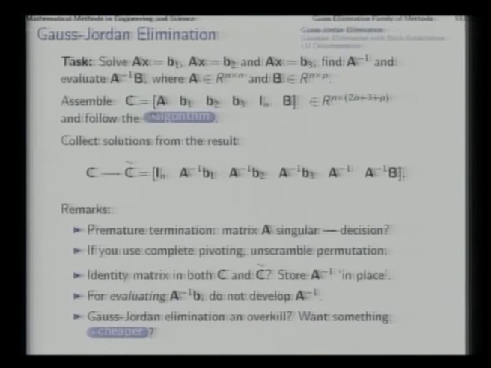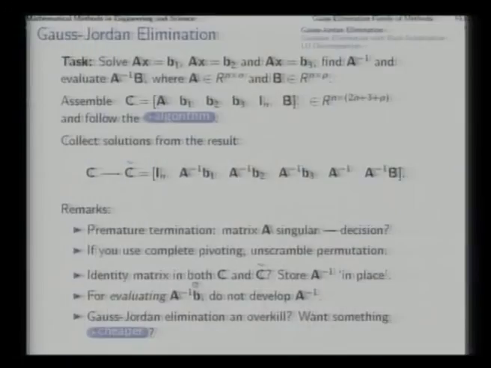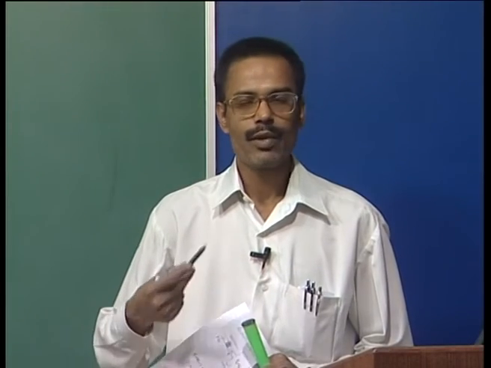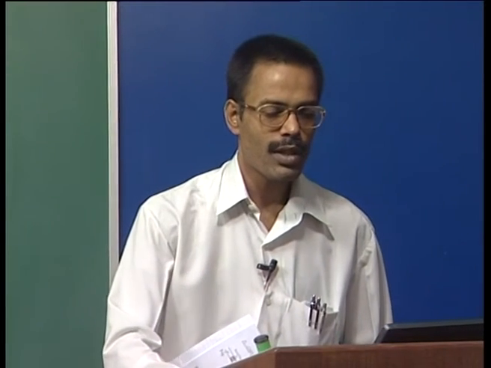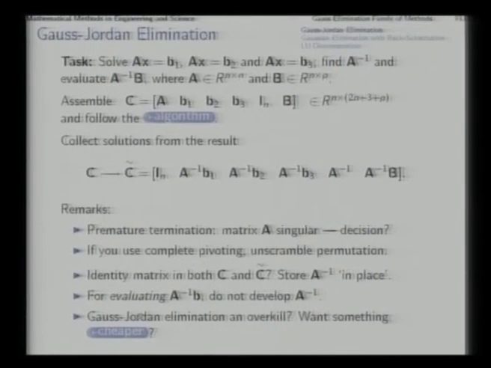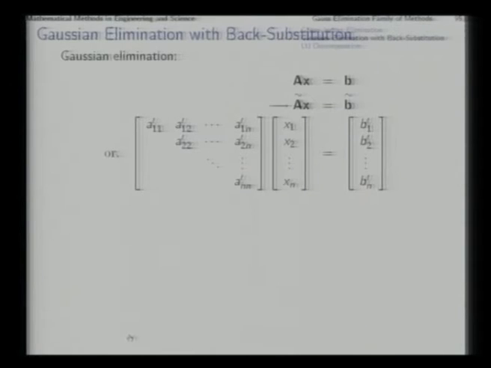In that case, you can just curtail your system to this point and apply the algorithm. That will be much cheaper. Now, you might find that if you write the algorithm, or try a hand calculation, Gauss-Jordan elimination is perhaps an overkill regarding the number of computational steps, addition, subtraction, multiplication, etc. If you want something cheaper, then the option is the second algorithm of this family, and that is Gaussian